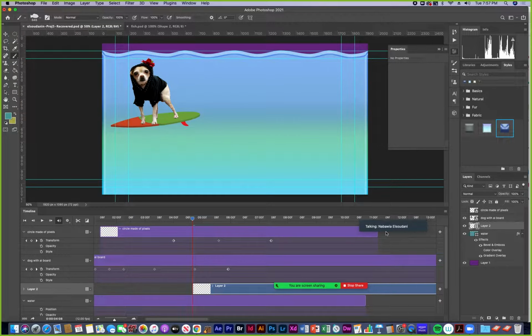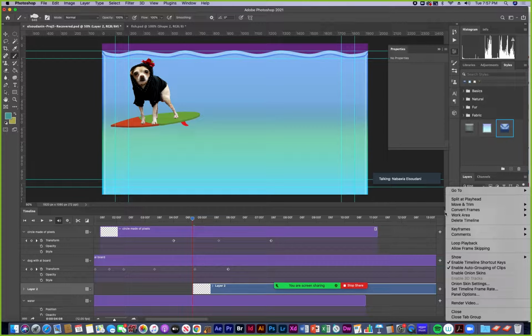But in order to enable frame by frame drawing, I need to be able to use the keyboard shortcuts. So right now, when I press my arrow keys, my playhead doesn't move. But if I go to the little options menu here from the timeline, I can choose, oh, actually it is enabled.